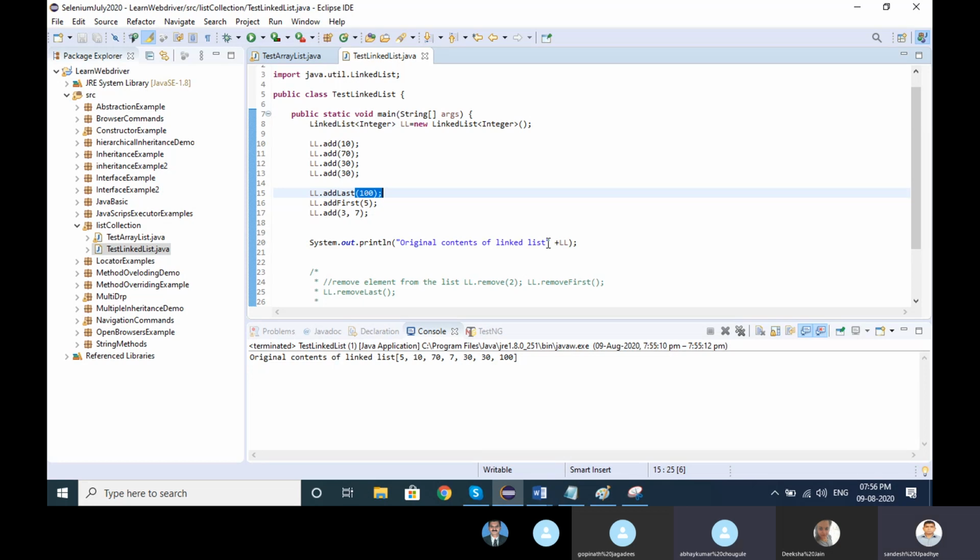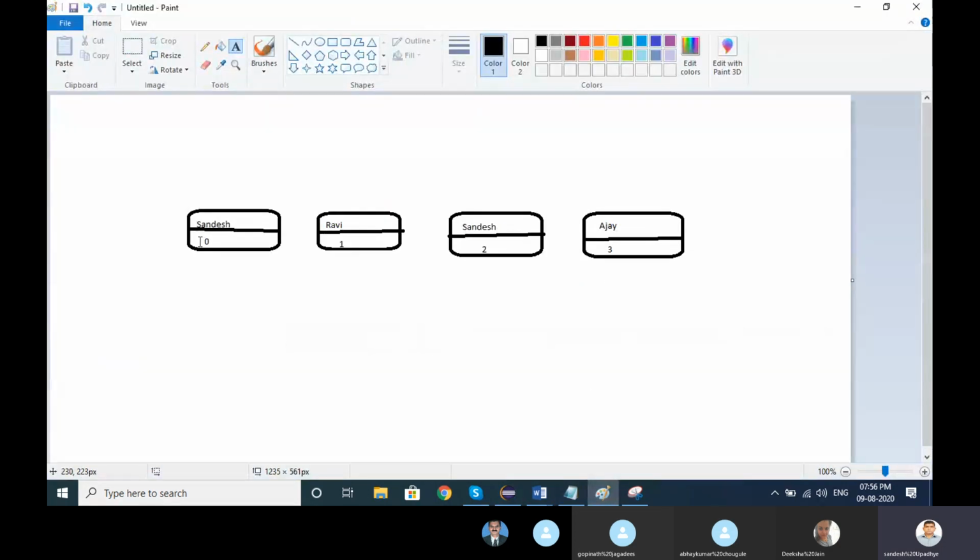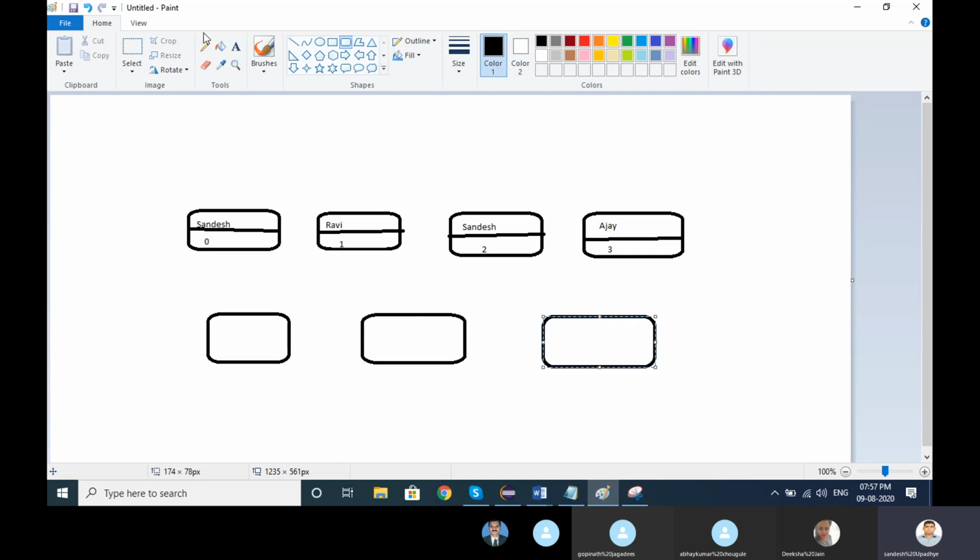So what happens with linked list? Array list puts values at index 0, 1, 2, right? When we go with linked list, it stores the values and they are interlinked with each other.